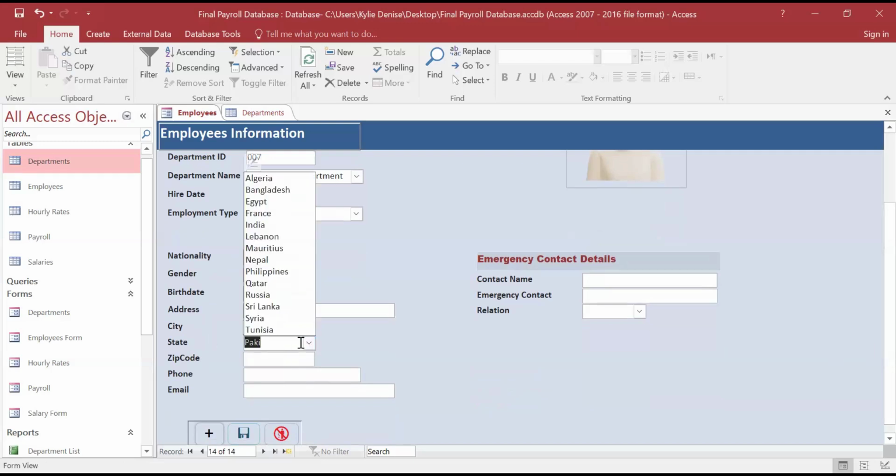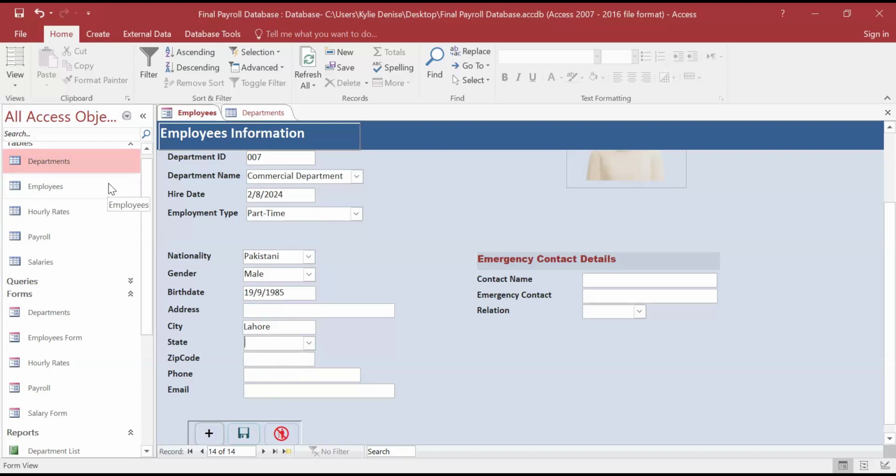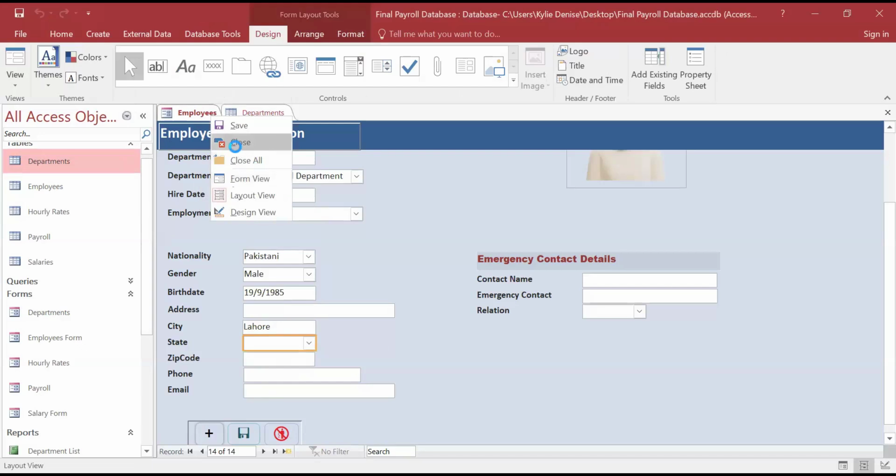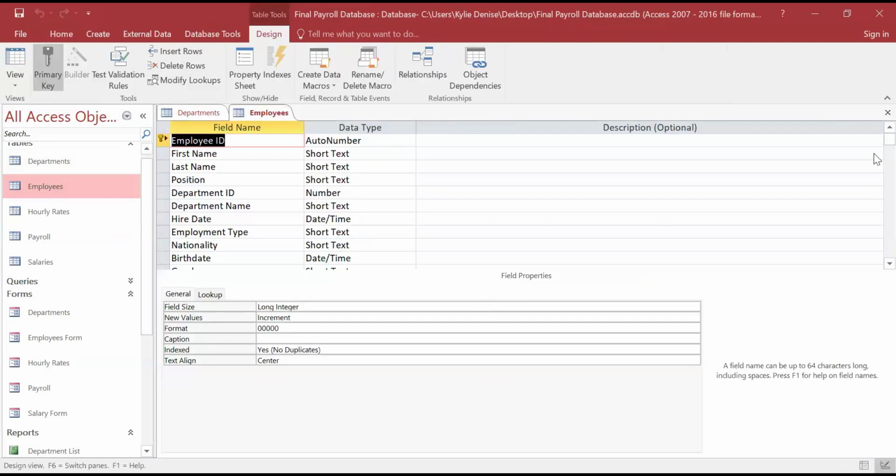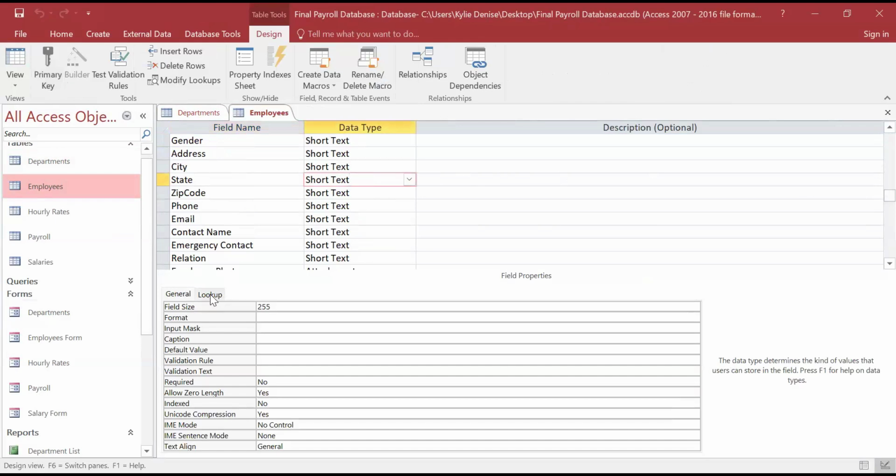We haven't put Pakistan. I think I don't have Pakistani. No problem, you can add it if you want. Okay, let me close it first. Sorry. We'll go to state.